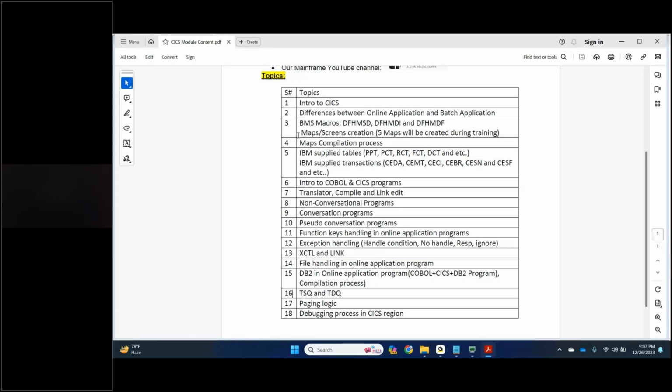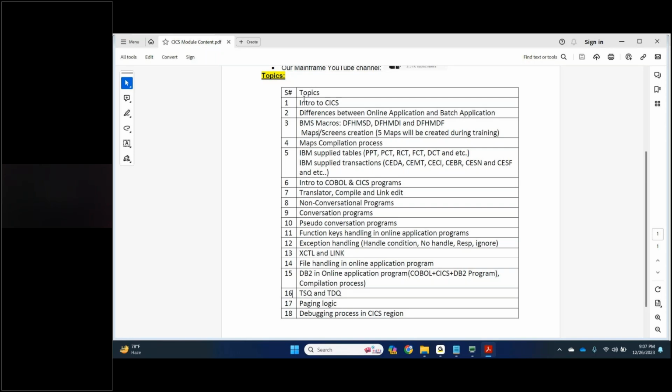It is suitable for people who have development experience, who are working on development projects. For them it is very useful. So that is all about your prerequisites.